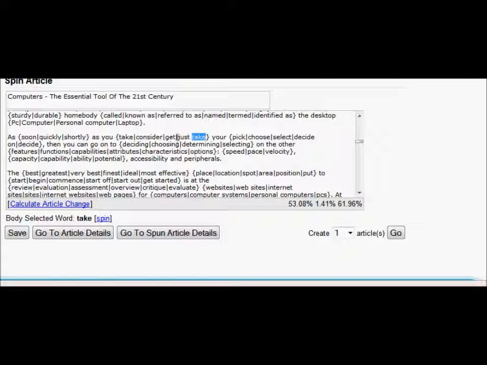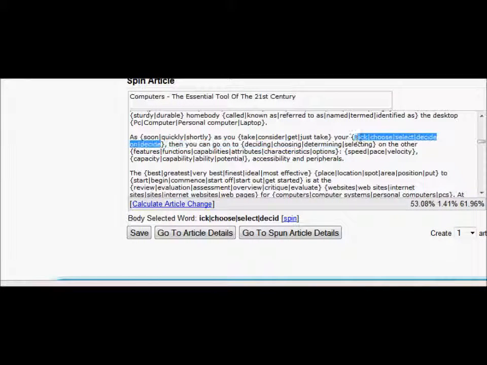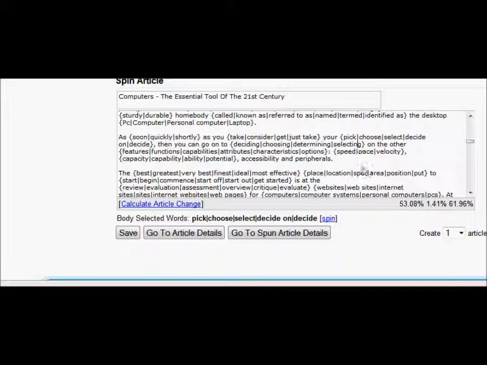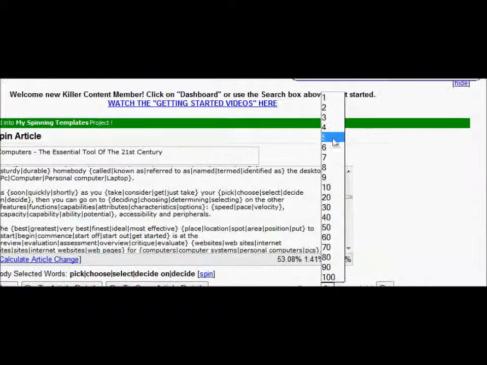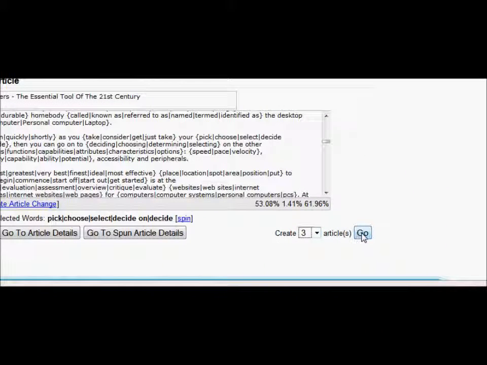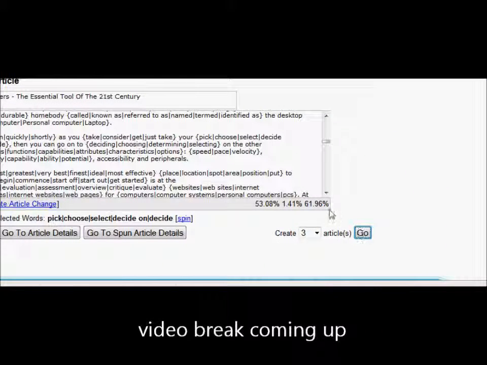And then the same: 1, 2, 3, 4, 5 options for the next selection, so that'll appear in 1 in 20. So every single article is going to have some kind of variation, whether it's by word, by phrase, by sentence, by paragraph, etc. But I don't need that. I've only got one site, so I'm just going to create 3, and I'm just going to view the output. So I click on go,